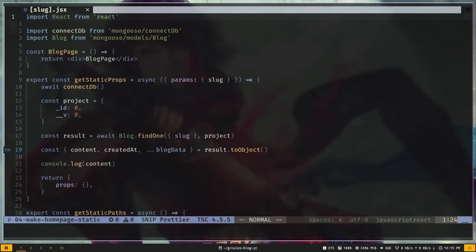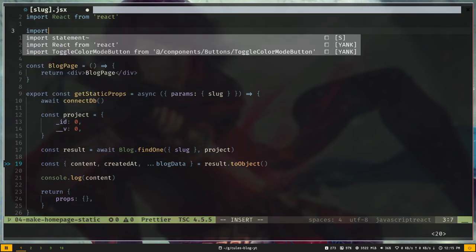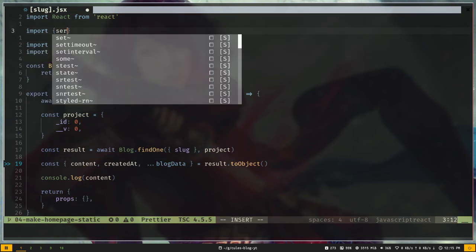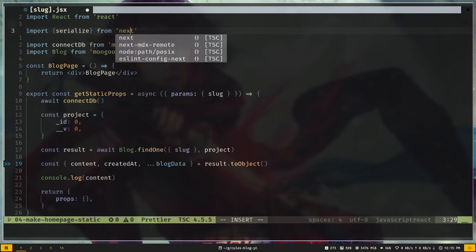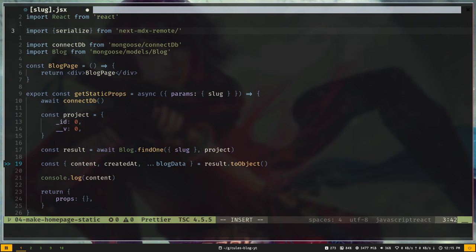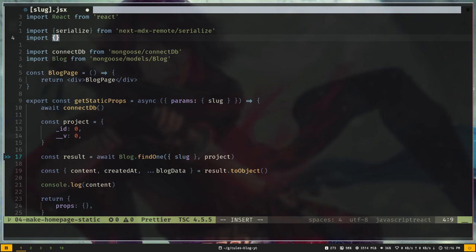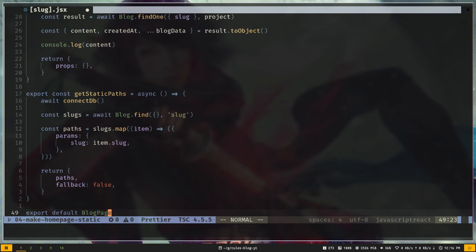I need to import two things. I need to import a function and a component. So import the serialize function from next-mdx-remote/serialize, and again I will import the MDX remote component from next-mdx-remote. So let's go to the getStaticProps,